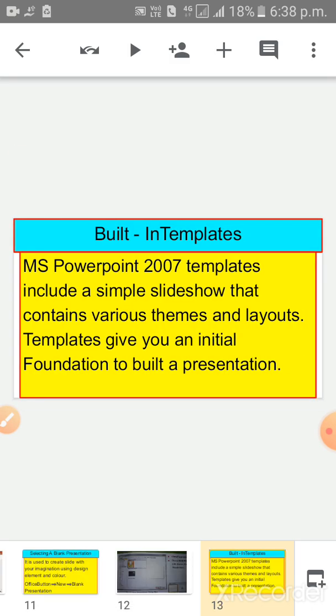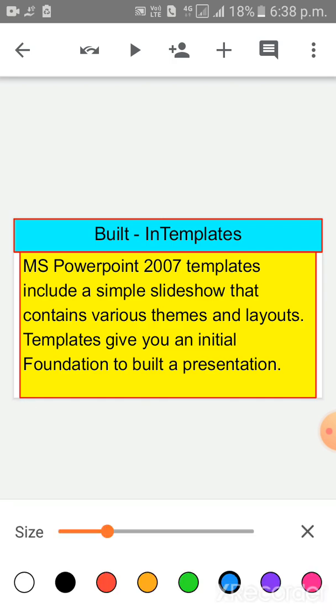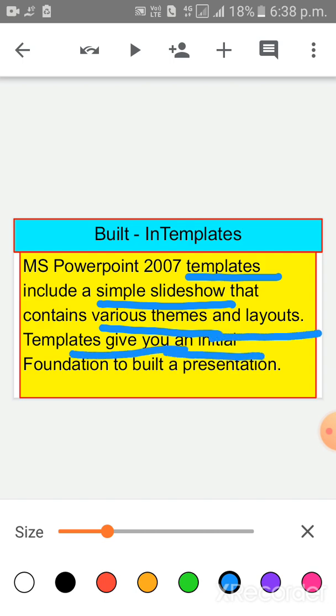Next is built-in templates. Children, MS PowerPoint 2007 templates include simple slideshows that contain various themes and layouts. Templates give you a foundation to build a presentation.